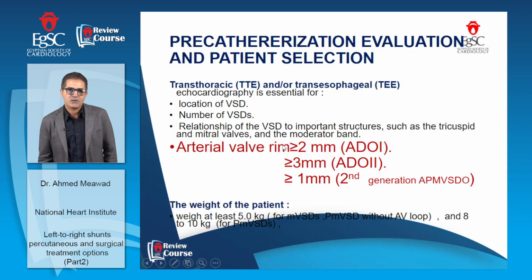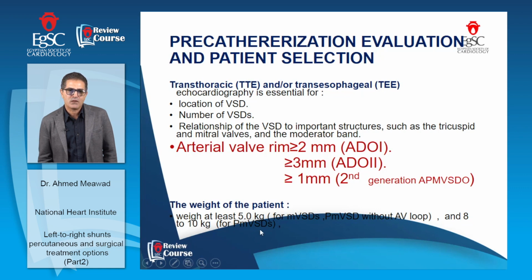If there is a 2 millimeter rim, we can use the duct occluder 1. If there is 3 millimeter, we can use the duct occluder 2. If there is only 1 millimeter, we use the second generation perimembranous VSD occluder. Also, the weight of the patient matters. If the patient is less than 5 kilograms, we can't close the VSD by arteriovenous loop. He should be more than 5 kilograms for muscular VSD closure, or 8 to 10 kilograms for